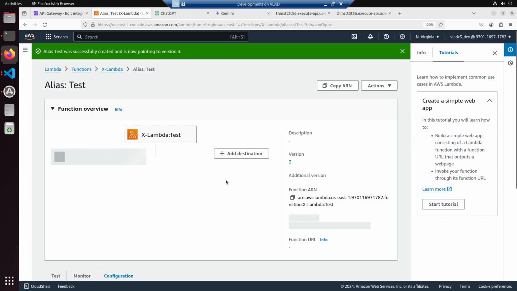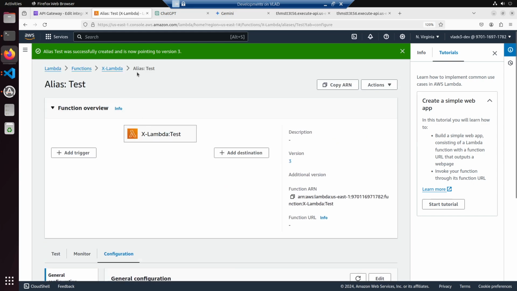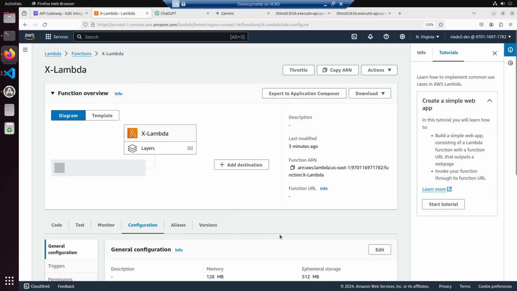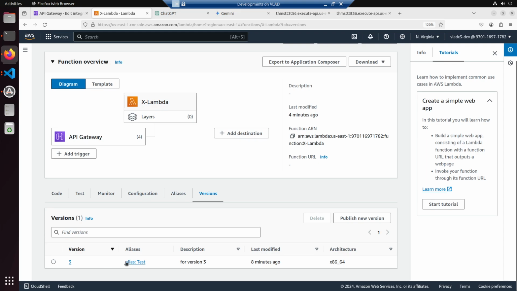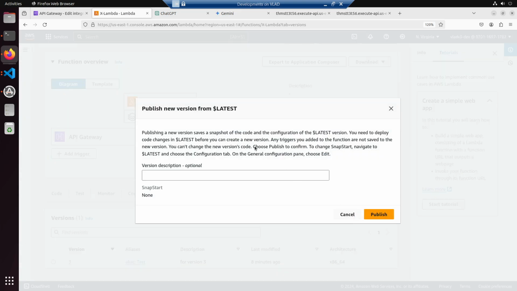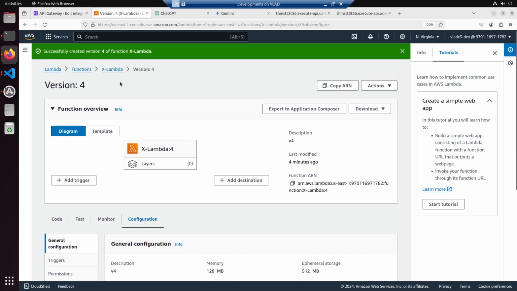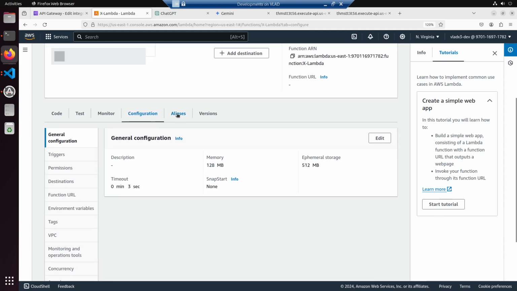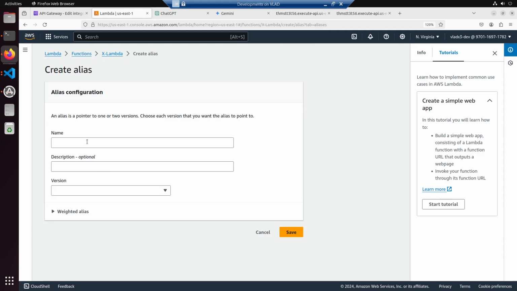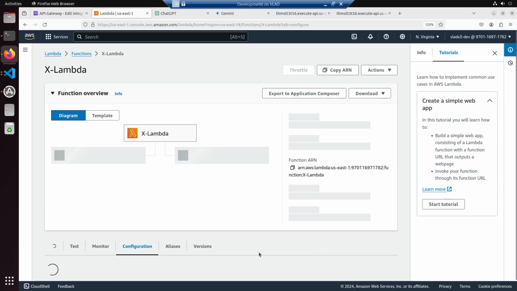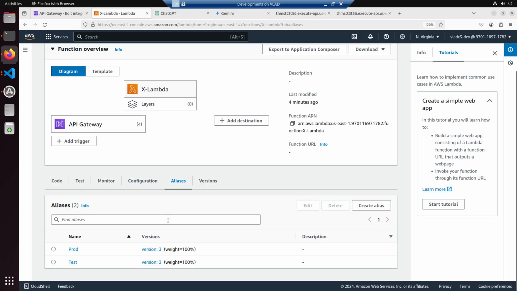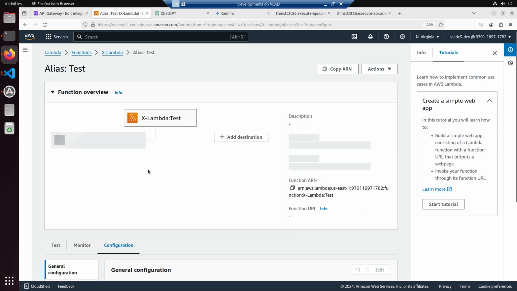Okay, and we haven't deployed version 4. I think this one here is version 4, v4. Publish. Alias, go to aliases, create a new alias. This is a prod alias. This is using version 3, and then the other alias, the test, we want to use version